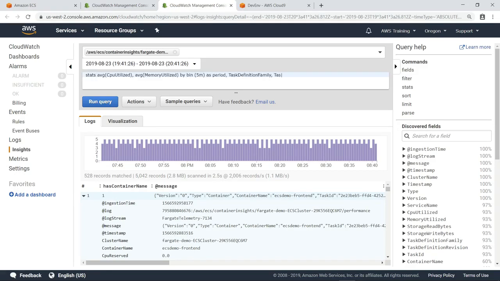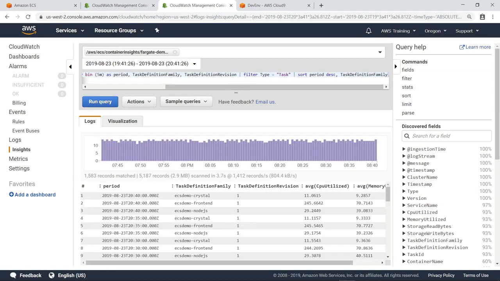For example, this query will summarize the container performance data by time period. You can also write queries to analyze other aspects of an Amazon ECS cluster, such as resource utilization, to help